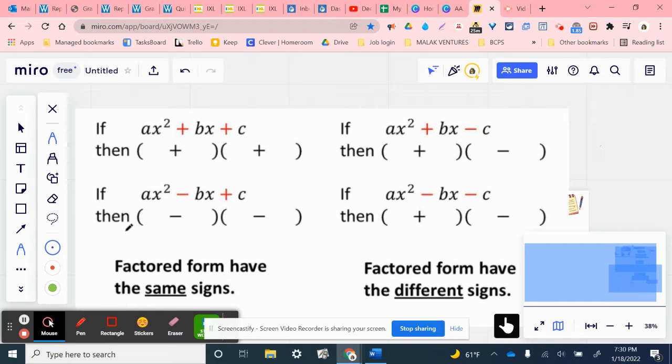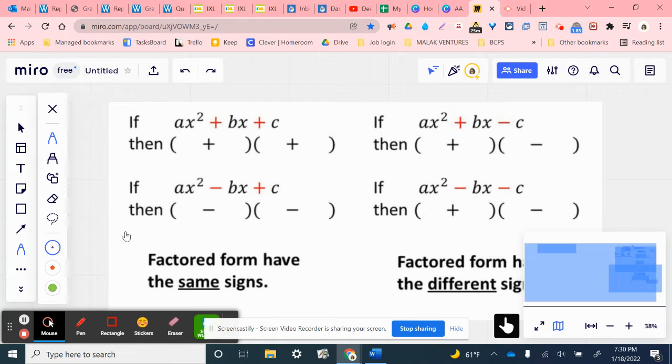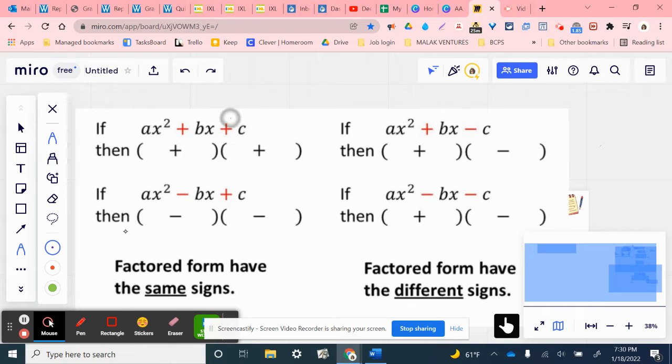Okay, guys, I just want to explain this graph. It's like a shortcut to understand what signs you should end up with. Let's remember that we're always going to start with this format: ax squared plus or minus bx, plus or minus c. So when this last term is positive,